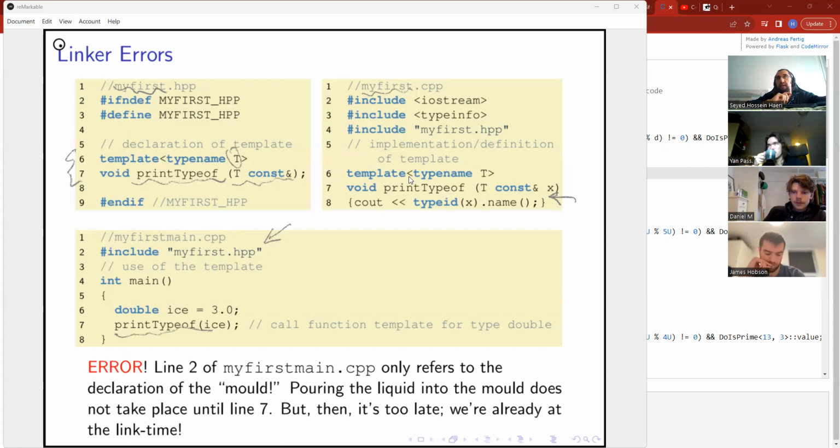This is a template for a function. This is just the mode, right? Now, what that means is that it will only become a function when this type is provided, which means that this will only have an address when this T is provided,